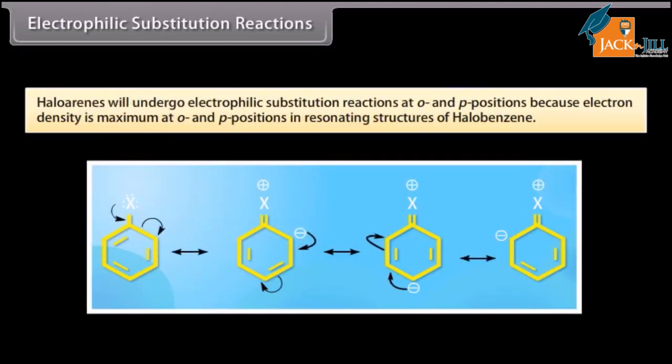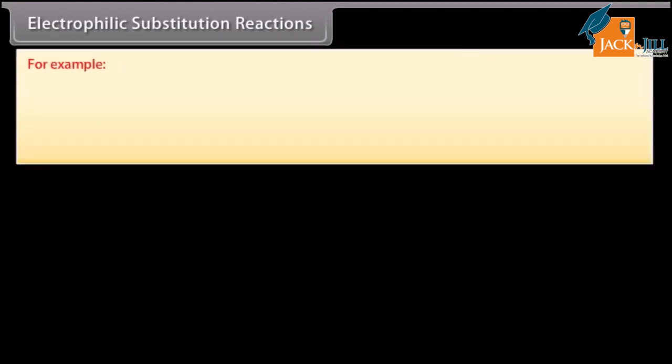Electrophilic substitution reactions. Haloarenes undergo electrophilic substitution reactions at ortho and para positions because electron density is maximum at the ortho and para positions in the resonating structures of halobenzene. For example,